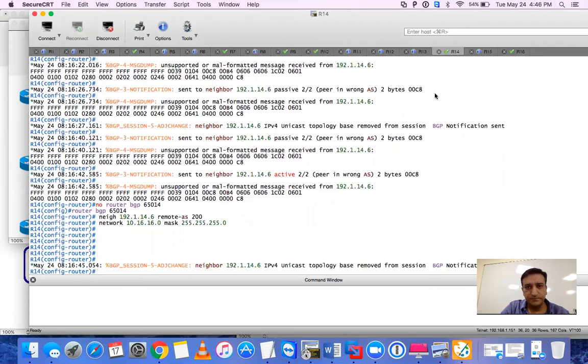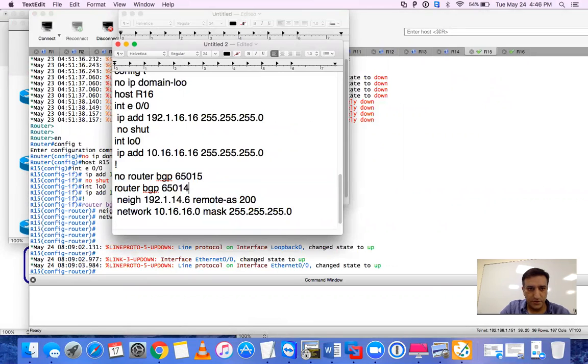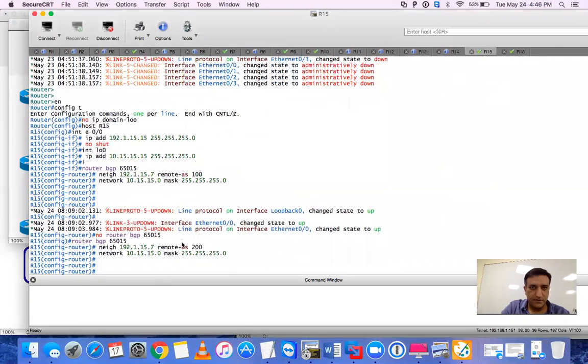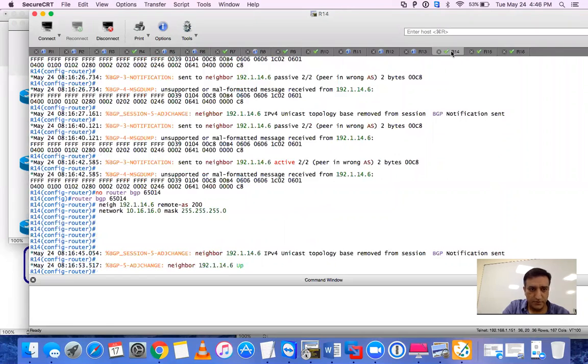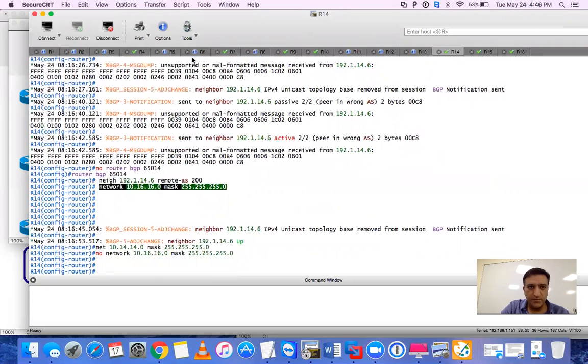Should come up. While it's doing that, change this from 15. And this is going to be 15.7, and this is going to be 15. Should have it. So we have the right number as well. And as you guys can see, the neighbor has come up. So if you go to 6,